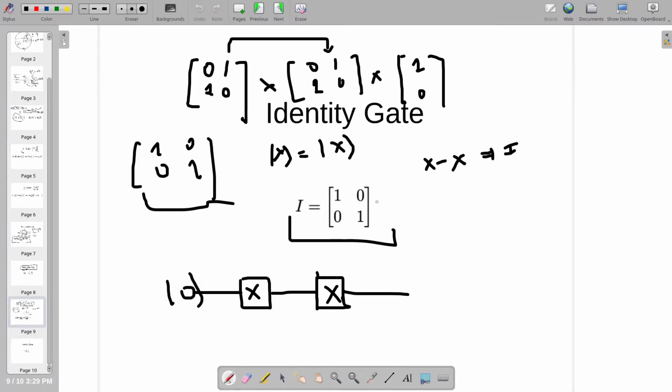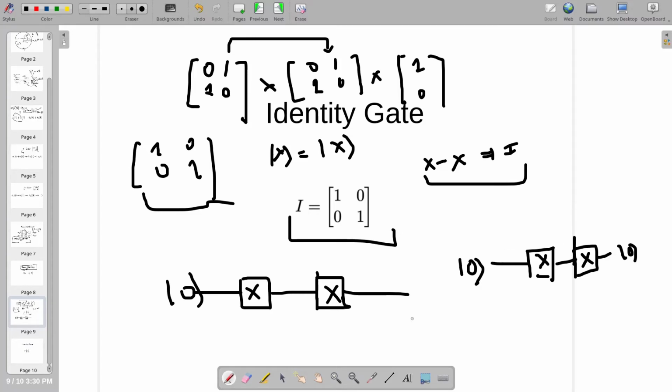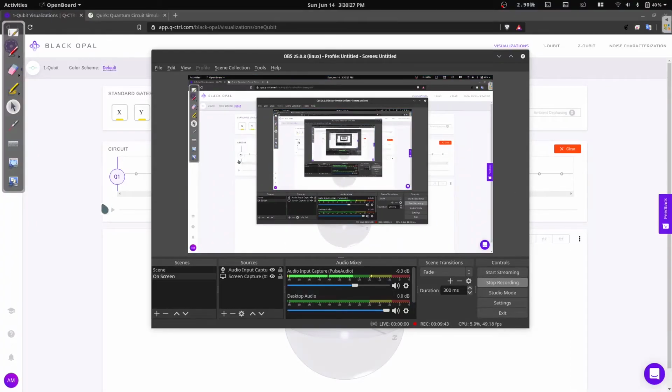I already told you this particular property is known as reversible computation, which means that if this was my given qubit and I apply an X gate, and then I apply an X gate again, I get 0 again. I just reverse my computation by applying the gate again. This is known as reversible computation. This property also allows us to predict what the input was that gave us the same output.